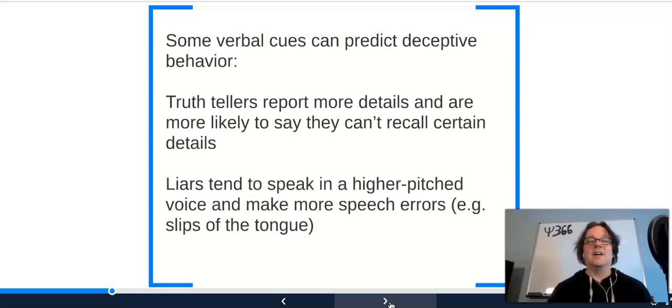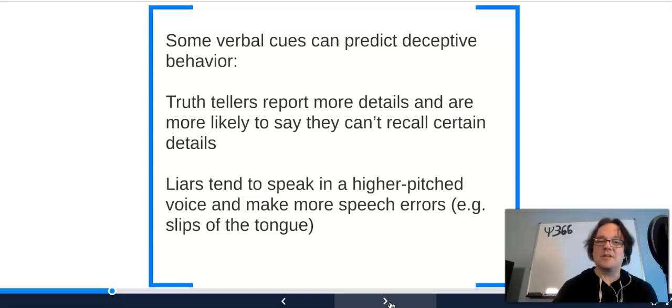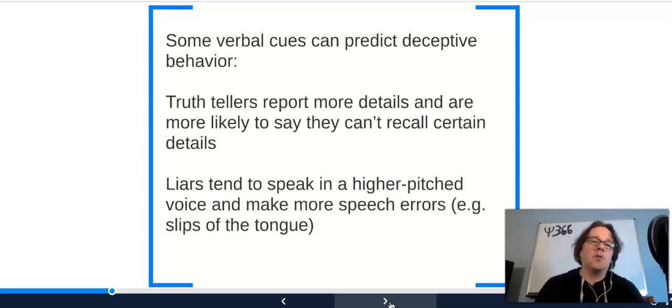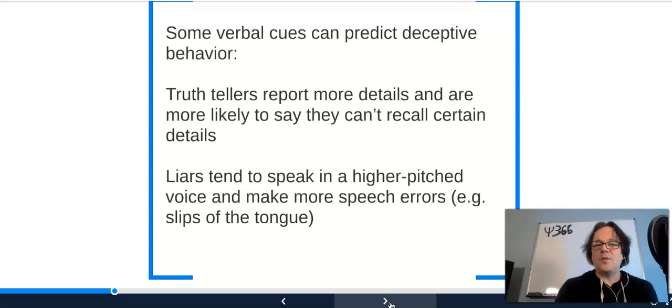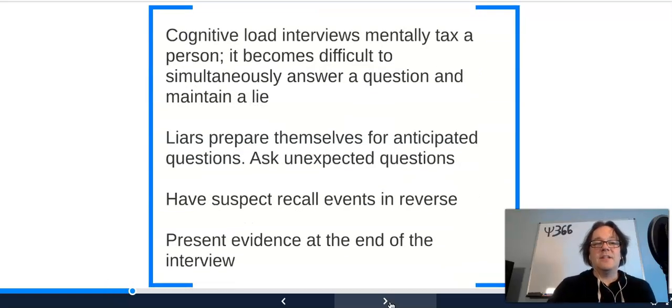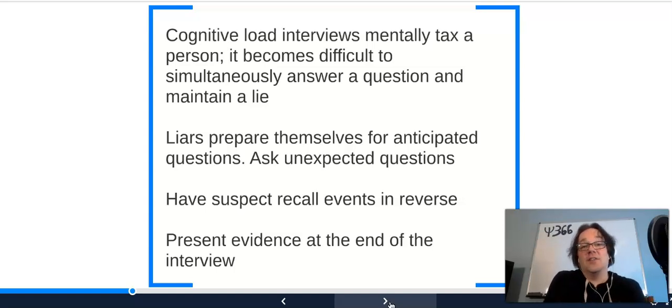suspicious. Also, liars tend to speak in a higher pitched voice, and they'll tend to make more speech errors. So more slips of the tongue or Freudian type of slips. What else we got? We see that if you use a particular type of interview technique called the cognitive load